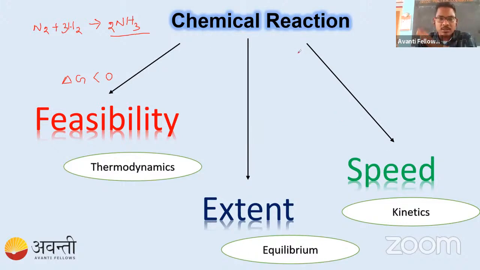Everyone understood the importance of thermodynamics, equilibrium, and chemical kinetics? And totally we are focusing on chemical kinetics, or the speed of reaction. Everyone understood this? If you do, just let me know so that we can proceed to the next concept. Did everyone understand? Someone tell me whether you understood or not. Okay, I hope you understood this one. This is a simple concept. So this is just the trailer. Now let's see the whole movie.